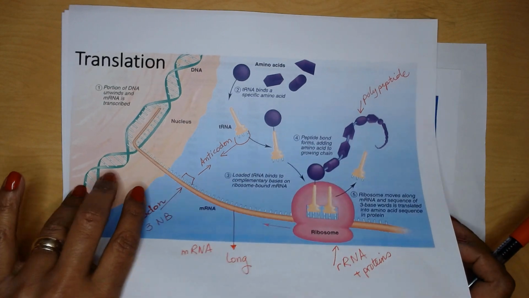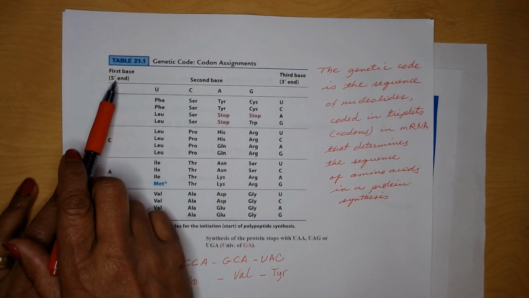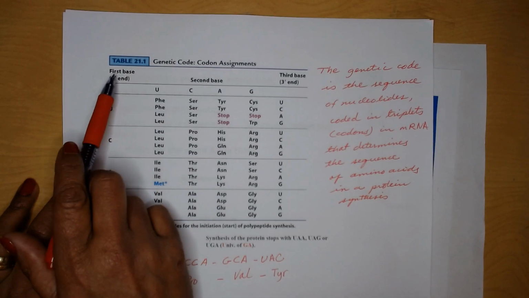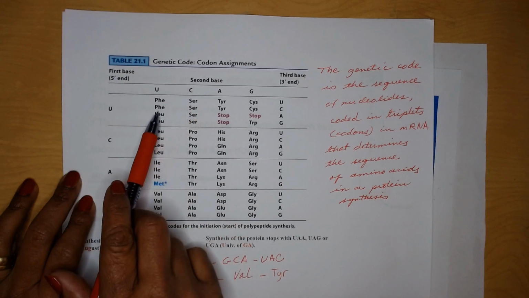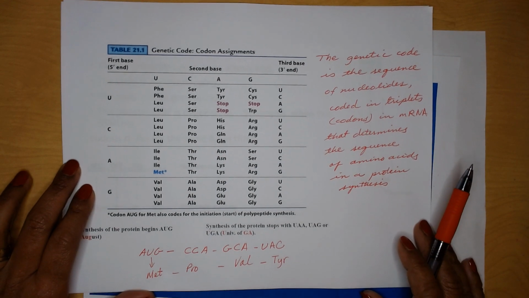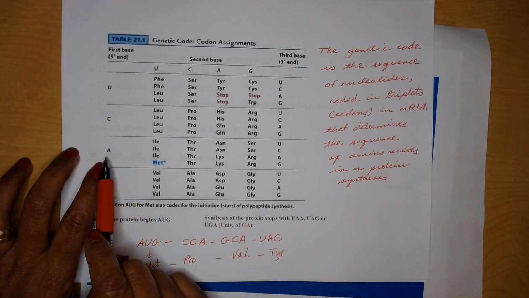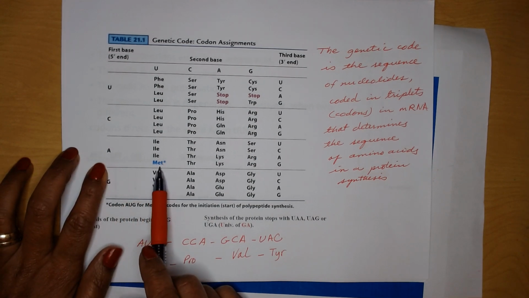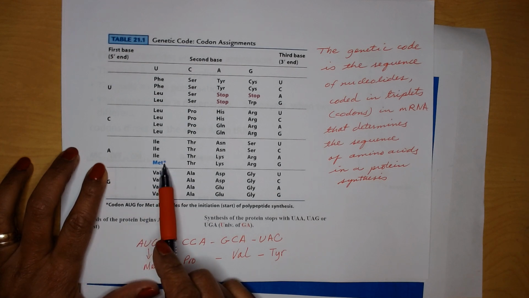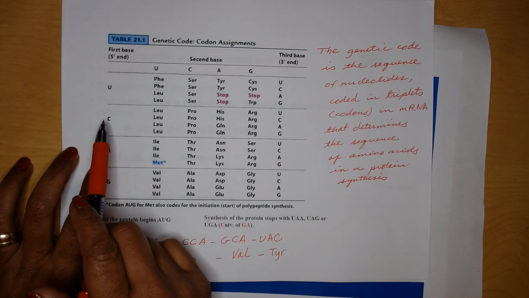We need to discuss what we call the genetic code. The genetic code is nothing but the sequence of 3 nitrogen bases. So we have the first nitrogen base, the second, and then the third nitrogen base that are going to codify for one amino acid at a time. For example, when I say AUG and I go to the genetic code table, we can find that AUG is the first amino acid to be put together, the start codon, but it's also methionine in any position on a protein. And if we look for what is CCA,